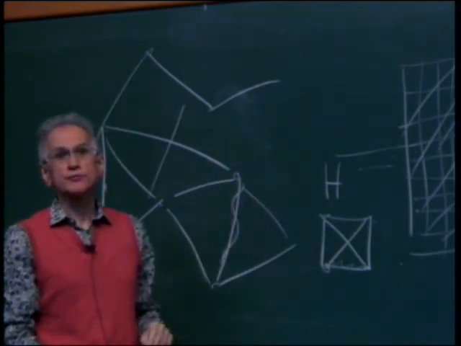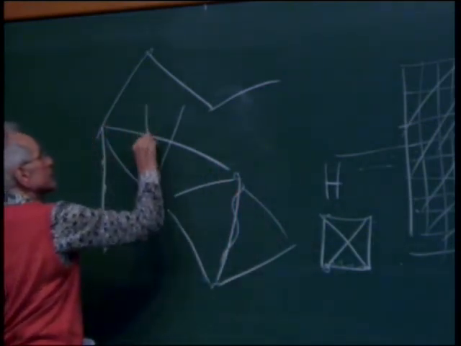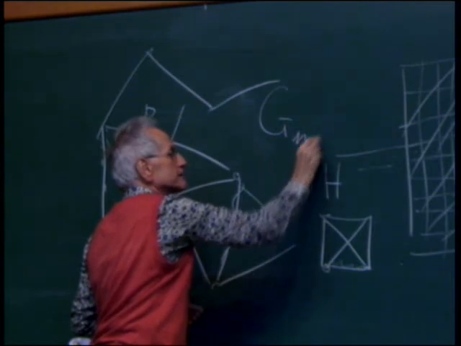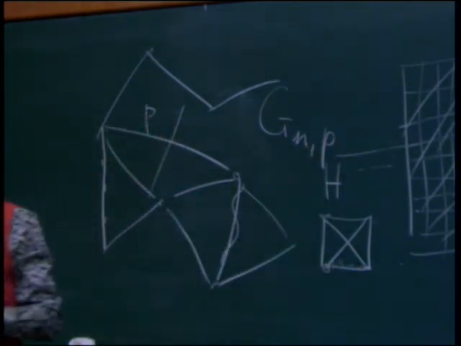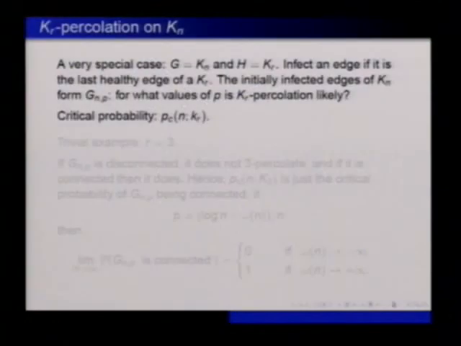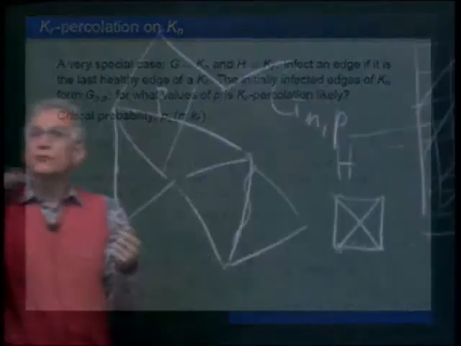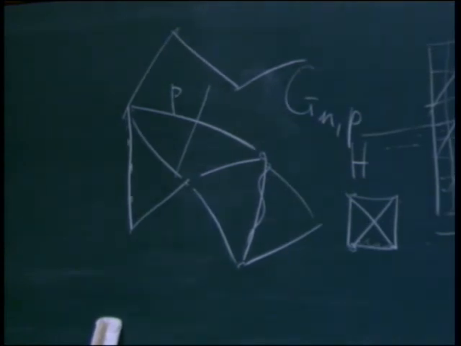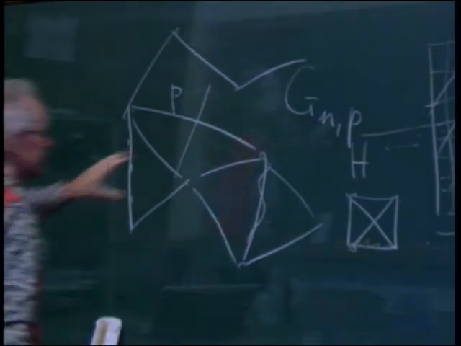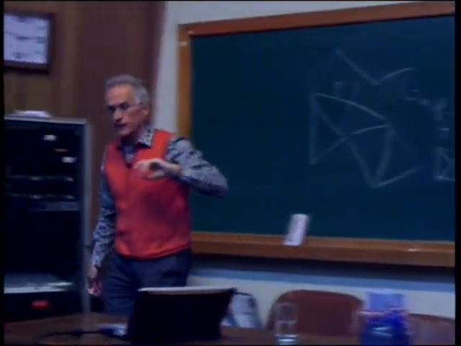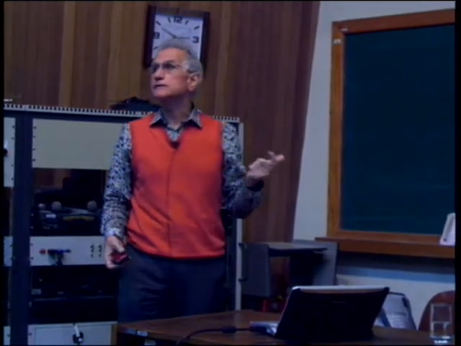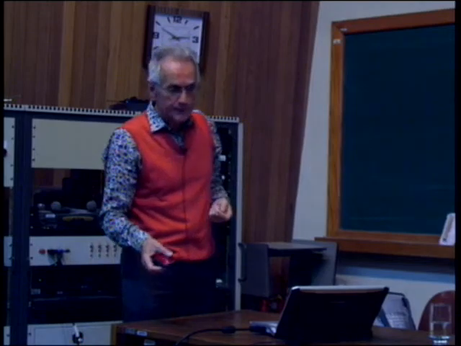Okay, that's the process. And now select edges with probability p as always, or if you like, you take the classical binomial random graph G(n,p), usually called the Erdős-Rényi graph. And the question is, if you start with that graph and you put in an edge whenever it completes a K4, and you keep repeating it, for what p is it likely that you end up with a complete graph, that everything will be infected? Okay, of course, where should we start? With the complete graph being the triangle, and that is